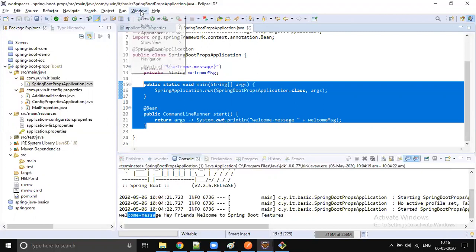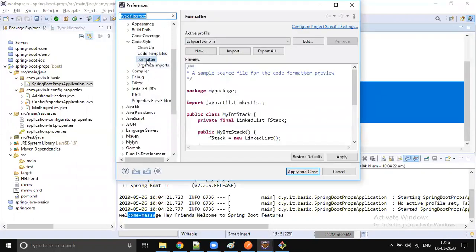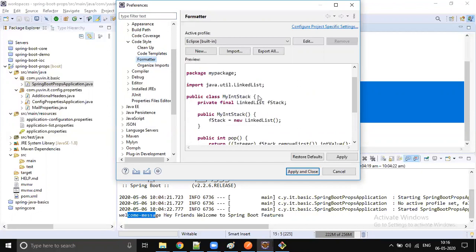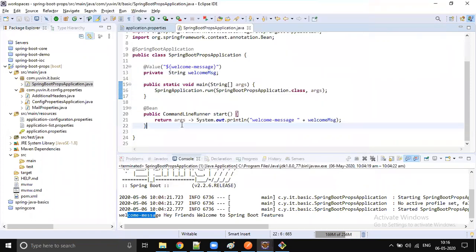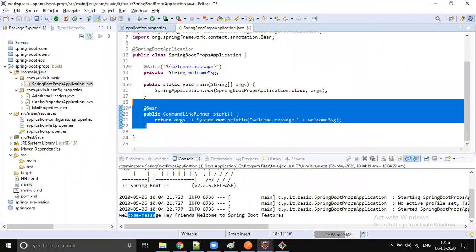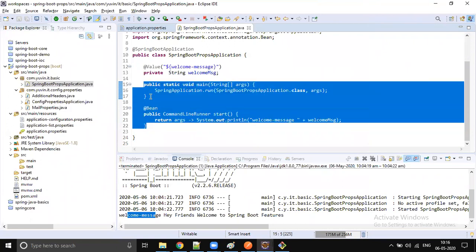So this is what you have to do: Window, Preferences, go to Java, Formatter. If any company is providing their own XMLs, not the Eclipse built-in, you can still do that. Just go and import that particular XML file, and give it any name. Right now I'm okay with the Eclipse default, that's why we are not doing that. Anything you want to format, just select it and use Control-Shift-F.